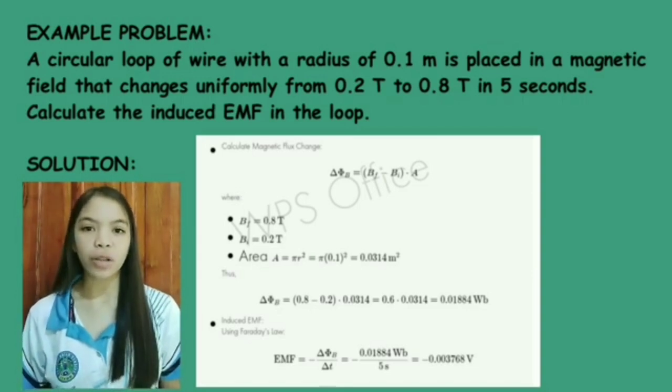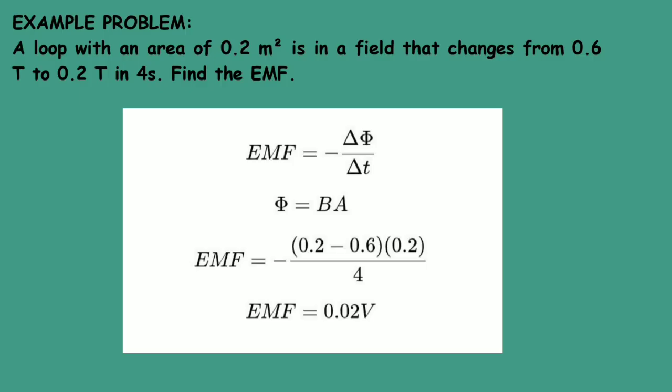as described by Lenz's law. A loop with an area of 0.2 meters squared is in a field that changes from 0.6 Tesla to 0.2 Tesla in 4 seconds. So find the induced EMF. By substituting all the values to the formula, we get the induced EMF